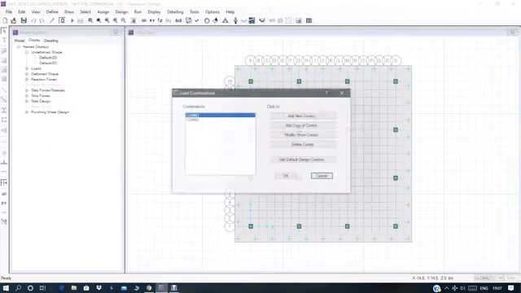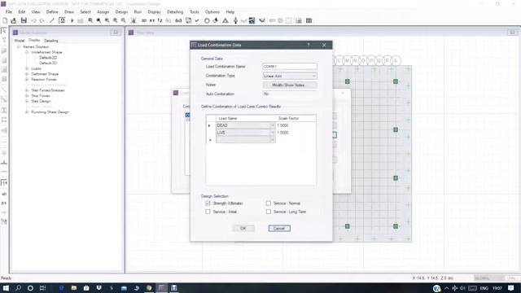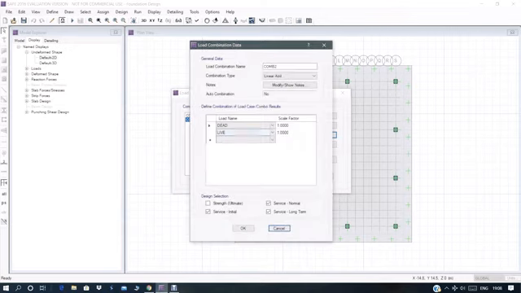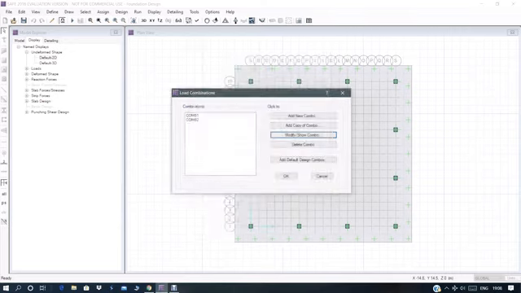Then load combinations. So there are two types of combination as per IS 456. Ultimate load combination, which is combination 1. Here in ultimate load combination, the scale factor for dead load and live load is 1.5 respectively. And here strength, ultimate design selection. In combination 2, that is combination for serviceability, the scale factor for dead load and live load is 1 and linear combination type. And here in design selection you have to take all service normal, service long term and service initial.